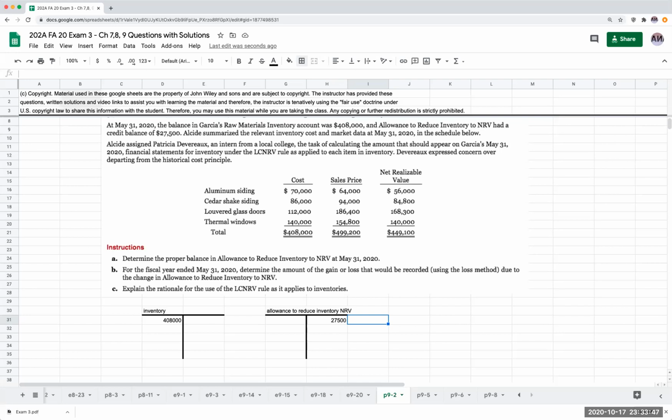Devereaux expressed concern over departing from the historical cost principle. Sorry, you don't want to go to federal jail. So right over here, we've got aluminum siding, cedar shake, louvered, and then thermal. Okay, so the cost is going to be